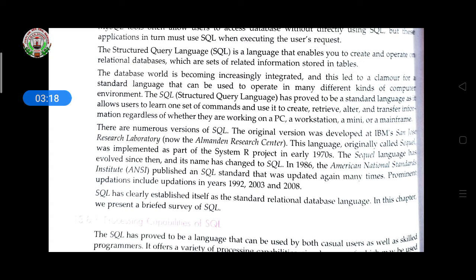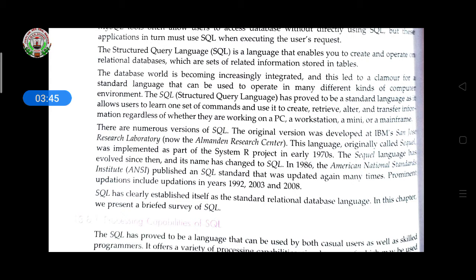SQL has proved to be the standard language as it allows users to learn one set of commands and use it to create, retrieve, alter and transfer information regardless of whether they are working on a PC, a workstation, a mini or a mainframe computer. It helps you to create, retrieve, alter, that is edit and update, data in the database.